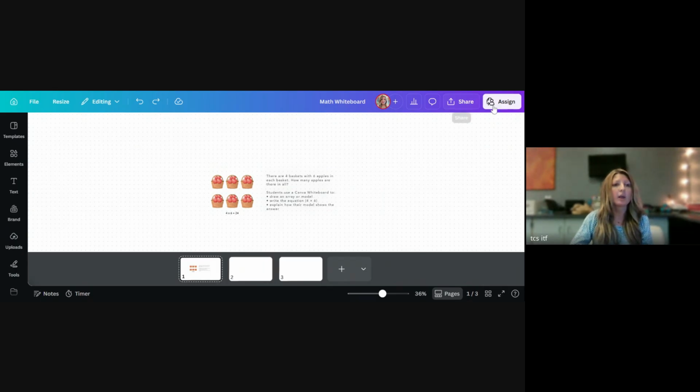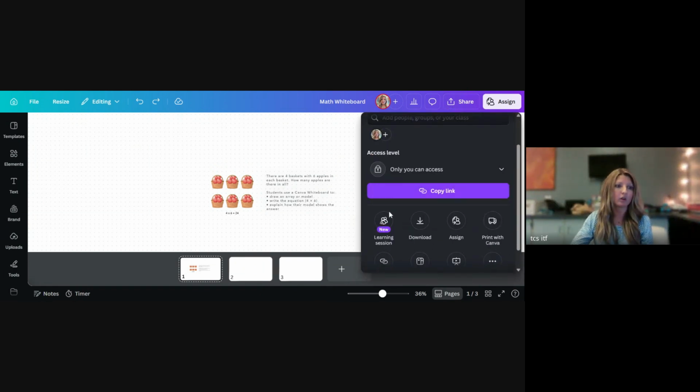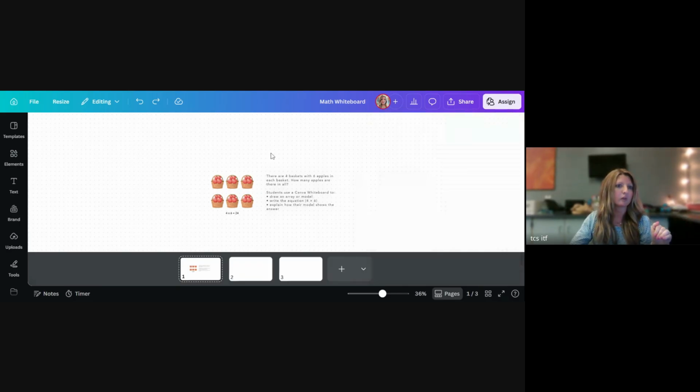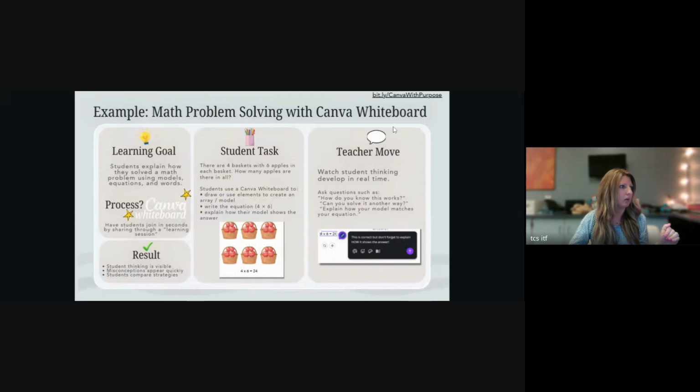So like I said, you can do that learning session with any of the tools. If you have a presentation where you want them all to hop on real quick, that learning session is right there. I just think whiteboard especially makes a lot of sense for just some quick collaboration and brainstorming. All right, I'm going to hop back over here. So the next thing I wanted to cover